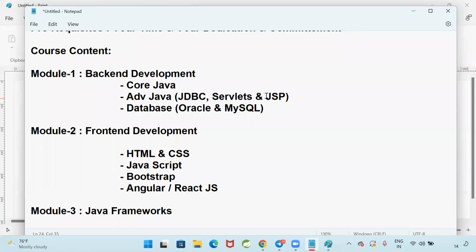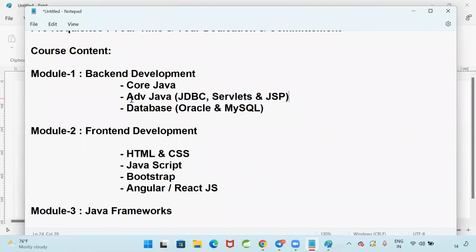I am going to cover JSP also, but minimum 3 days or 4 days, not more than that. That is also a waste of time, right? But I will give you the overview. What is JSP, right? So advanced Java is going to take 30 days.